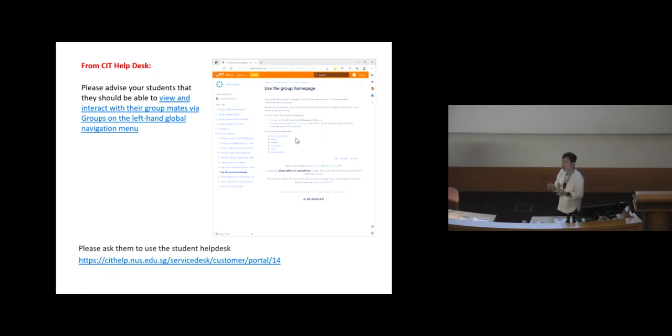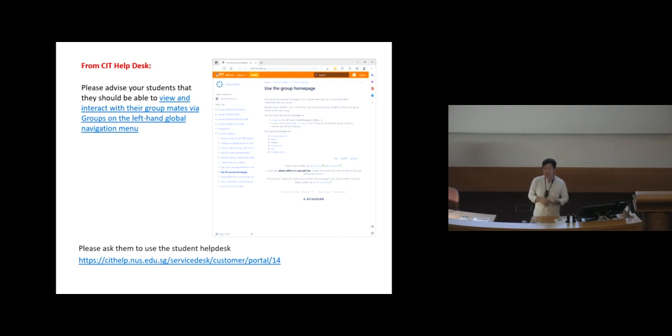For those students who have a problem seeing your assigned group, please lodge a report to the student help desk. This is the link for lodging the report. I'll upload this onto